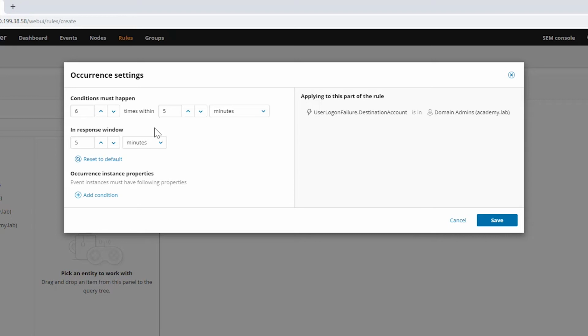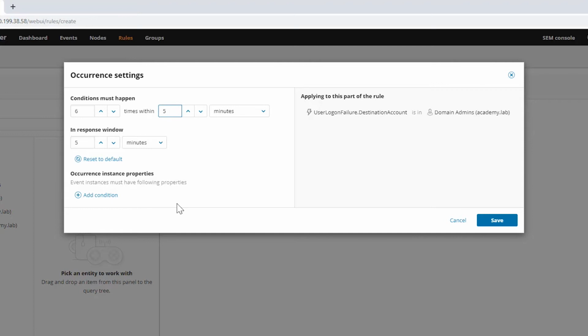So the extra short of it is you only ever need to adjust this value here if your top row is greater than 5 minutes. This would not work. If I were to save it like this, this would not fire. I would need to adjust this to be at least 10 minutes as well. Okay, but there's never any reason to adjust it downwards. That will do nothing, so don't worry about that. We'll just leave it like this because that should work for our rule.